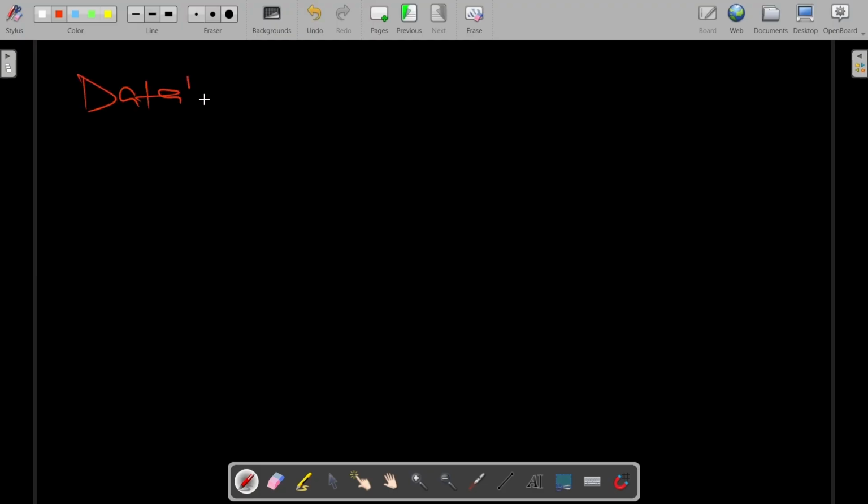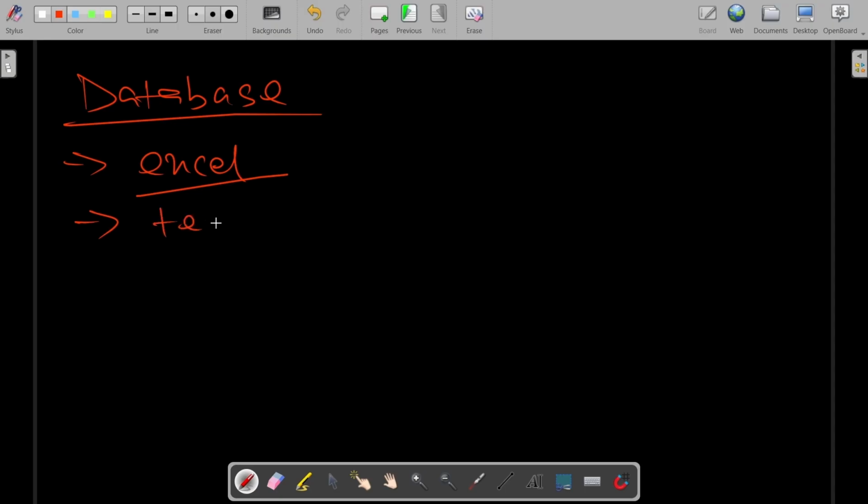Database. Okay. Now earlier, I'm not talking about today's time. I'm talking about earlier days, right? The people in the 90s when they used to store small data, because their data was not a lot in those days, right? So people used to store it in Excel, text files,